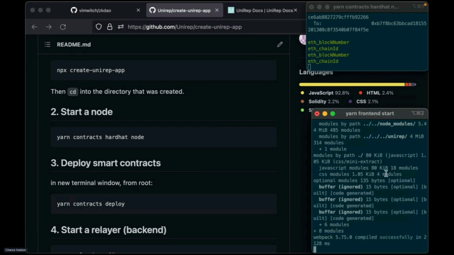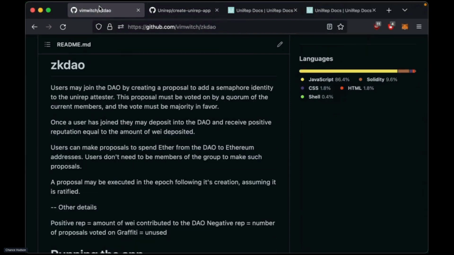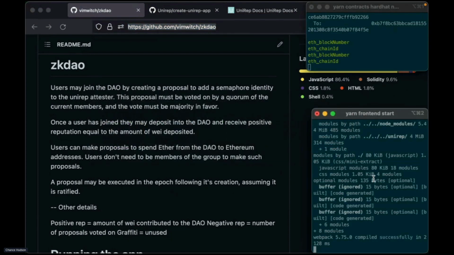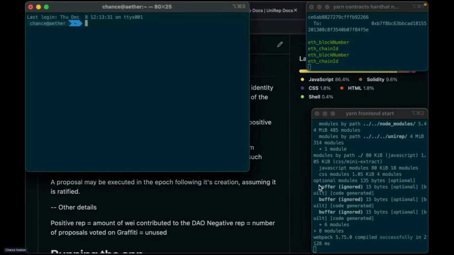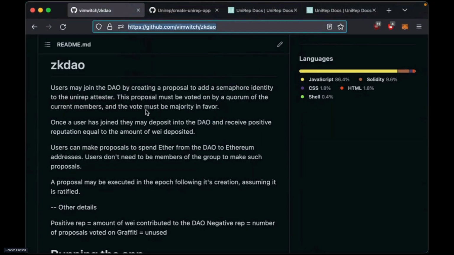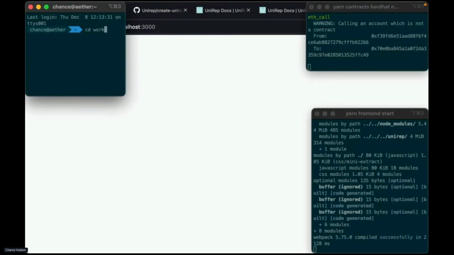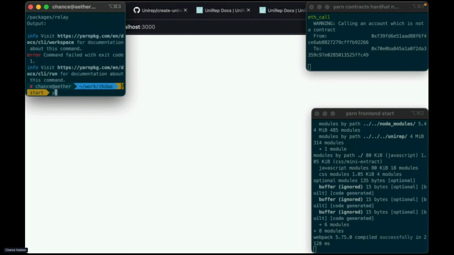And I'm planning to treat this kind of like a programming live stream, basically. And if you want to follow along, I will post the link. Oh, I can just copy it, actually. This is the link to the code base that I'm going to be working on. You can take a look at it. The start branch is the one that I sort of emptied out, and then the main branch has everything built that works. So let's take a look at this front end, see what it looks like. I need to start the relay first. Oh, I need to deploy first.